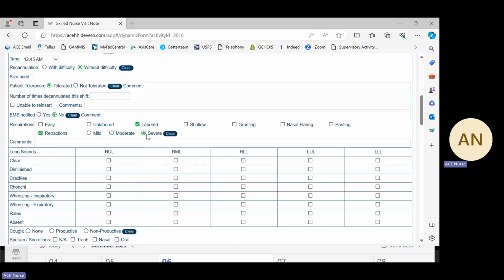If you are not able to stabilize this patient in a timely manner, using your clinical skills,